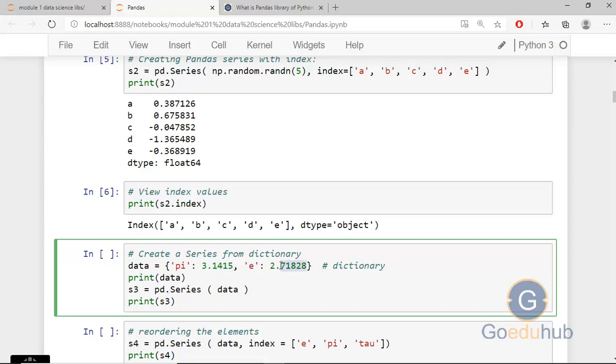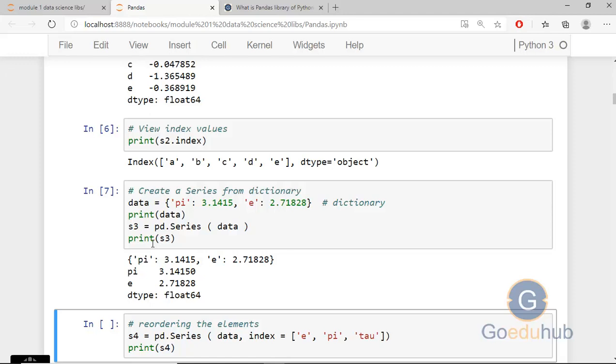So our dictionary has 2 keys and 2 values. You can print the dictionary and then we can pass this dictionary to the series. So the dictionary keys will become the index and the values become the values. We can run this block and you can see the S3. Here in S3, pi is the key and 3.14 is the value. Similarly e is the key and 2.718 is the value.